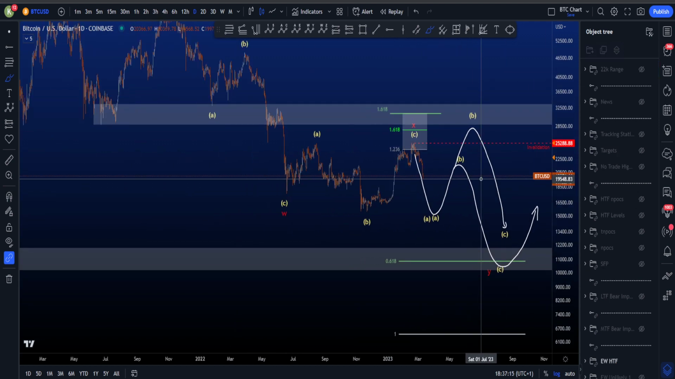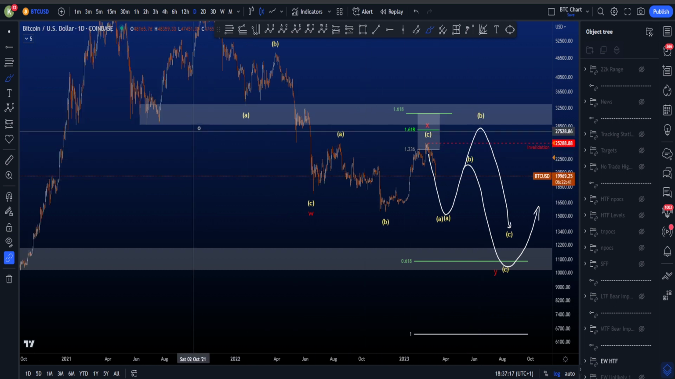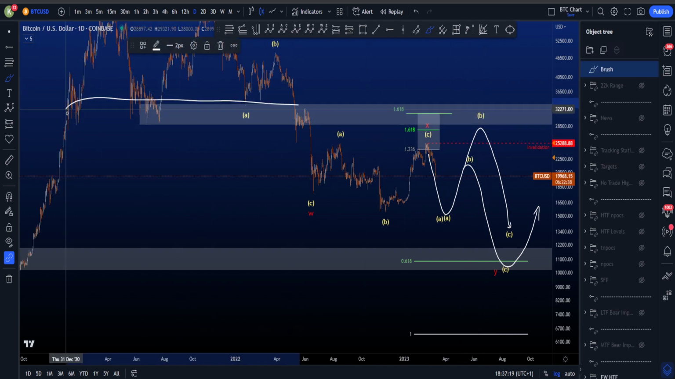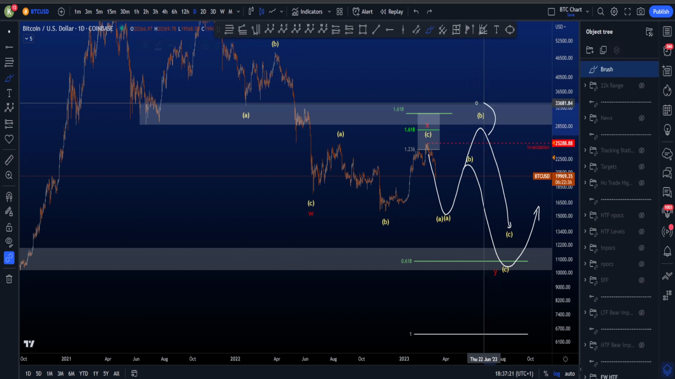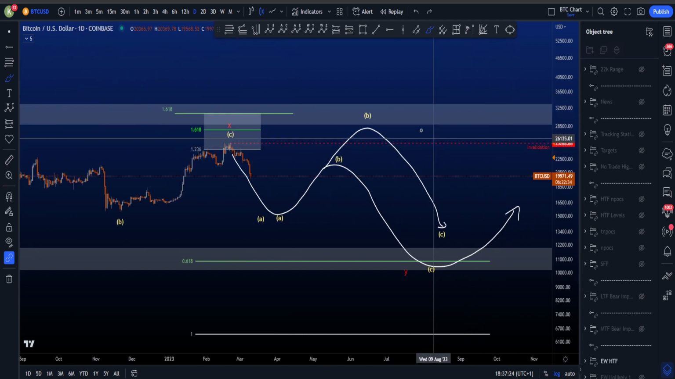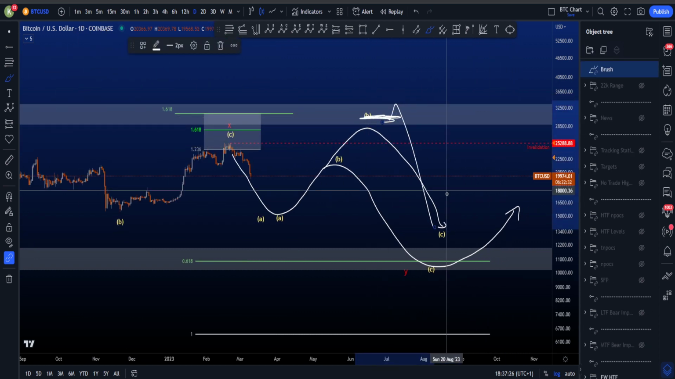And the expanded flat idea might actually be pretty nice, because that would also mean we could backtest this support area, which would then turn resistance over here, where we can then enter short positions to trade it to the